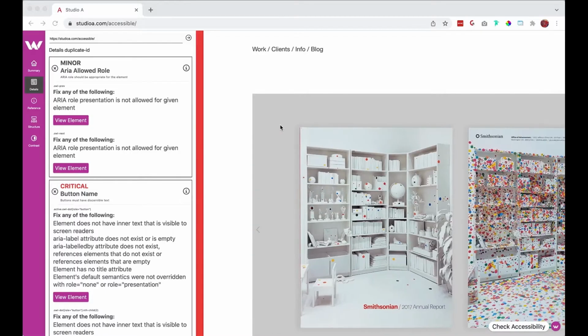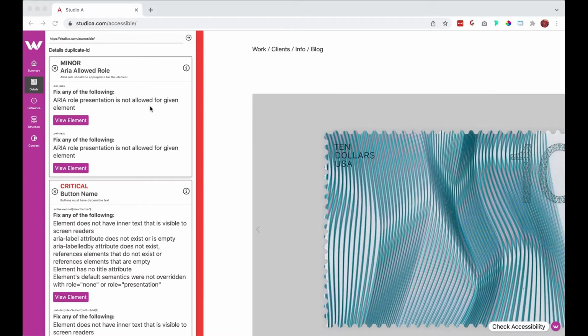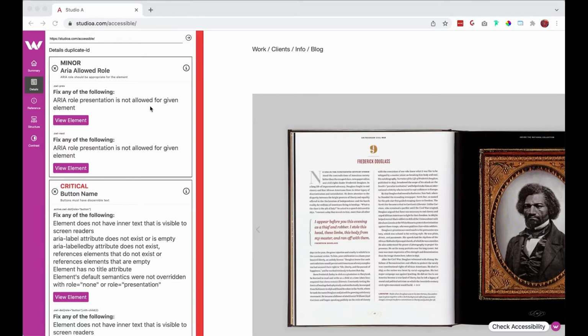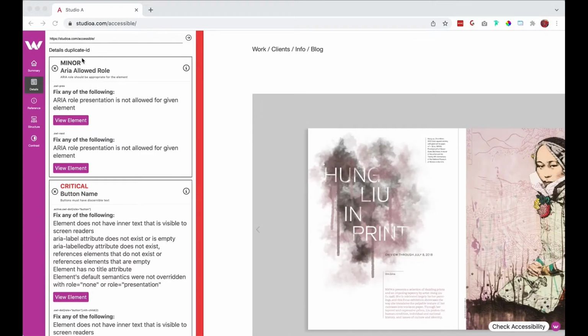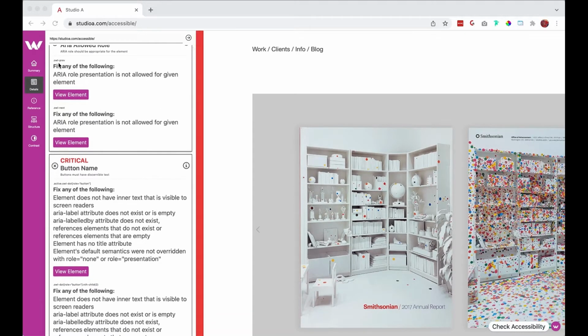We are here again in our Web Access Pro tool to take a look at what are the other errors that we need to take a look at on this site. And we're just going to go through some of the things that are being noticed. And what we're looking at is the issue of aria roles not being clearly defined. And so that's something that we're going to need to do. And it's on